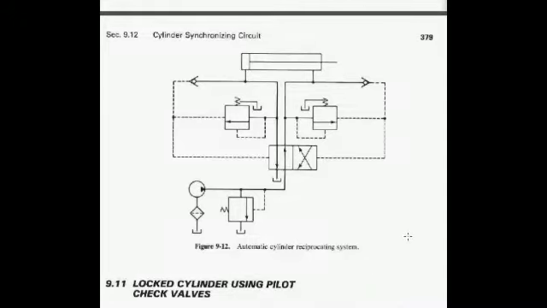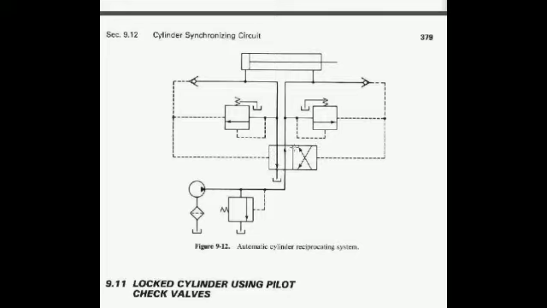The next type of circuit we are going to discuss is the automatic cylinder reciprocating circuit. In this circuit, we are going to reciprocate the actuator automatically without the use of any control valves. It is not controlled with the help of solenoids, mechanical actuation, or a push button, whatever it may be. It will be reciprocated automatically depending upon the pressure line, or the pilot line, which will be supplied to this 2x4, 2-position 4-way direction control valve.